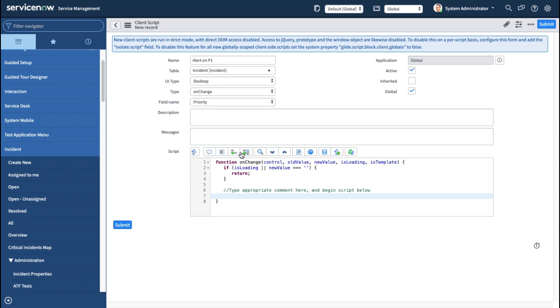So in this case, we want to show an alert if priority changes to priority 1. How exactly will we do that? We will just write if newValue. Now newValue holds the new value which has been changed to. So maybe initially it was priority 2, now it has become P1. Whenever newValue has 1 as a value, then only it should work. So for newValue, we will select the backend value, that is 1. So if newValue is 1,